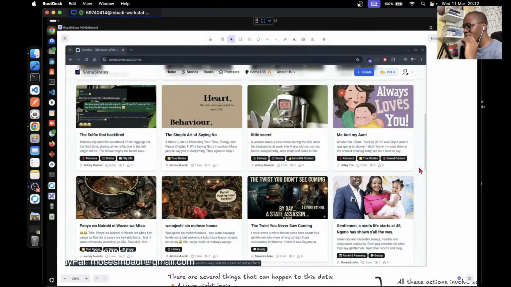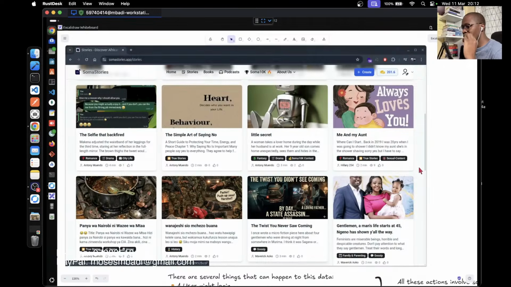So, like I said, the easiest way to understand the entire concept of software engineering is to start with something you can relate to, or something you know, or to start with a use case, okay? So we do have this website called Soma Stories. It's a website I built myself. By the way, it's one of the things I'm very proud of, because I built this website entirely alone for 4 months. And then I launched it. Now it's live. It's just marketing here and there, and they get the users you want.